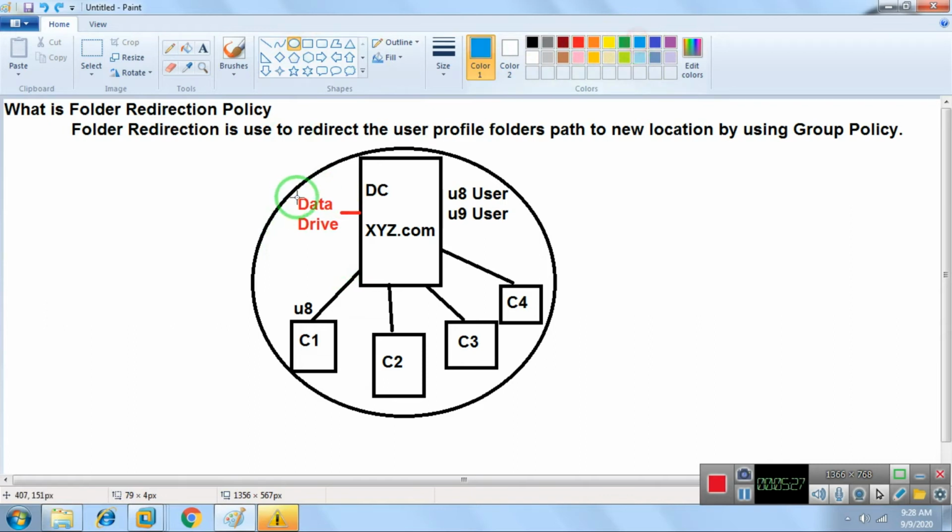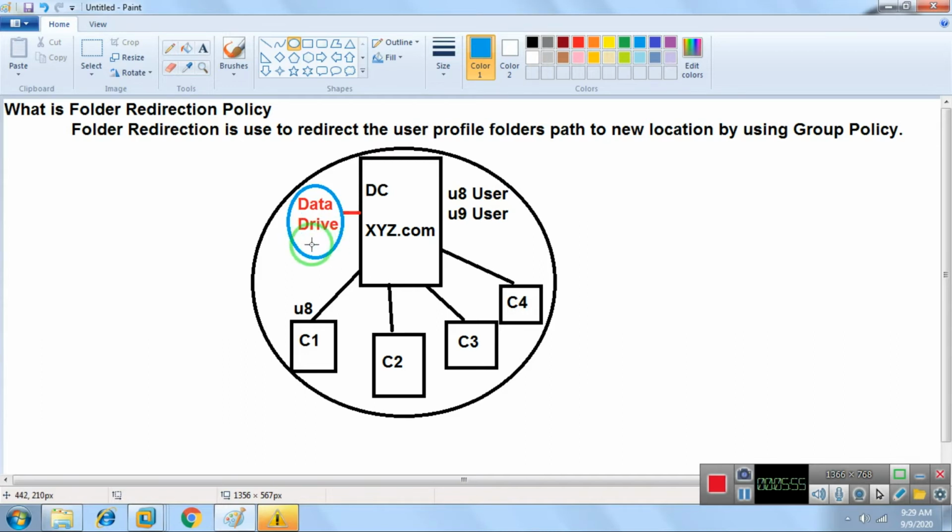It's a shared one. So it's a shared data drive. So what happens whenever a user logs in with client 1, client 2, client 3, client 4, whatever documents they save in their My Documents folder is automatically synchronized to that data drive. It automatically saves their document folder in that data drive. Not even the document folder, their contents are also saved in that data drive automatically.